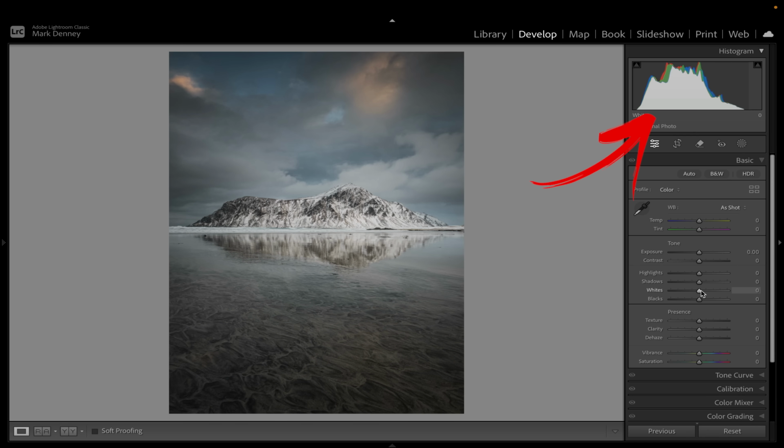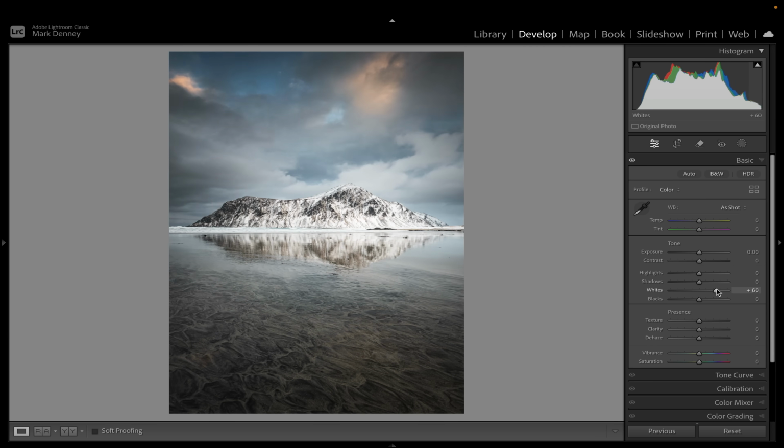Let me reset that now. Now watch it when I bring the white point up. Only the right side of the histogram is really being impacted, and that's a big difference here. So the best way to do this if you have an underexposed photograph is to start with your exposure slider